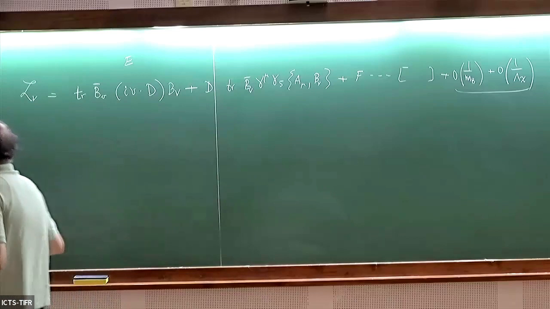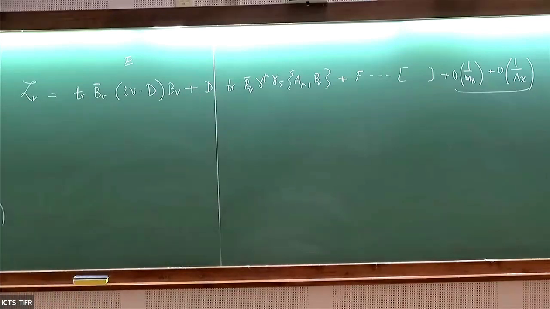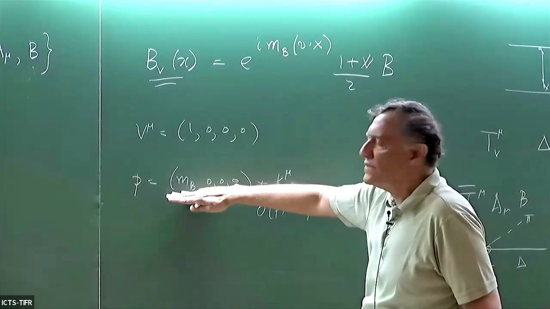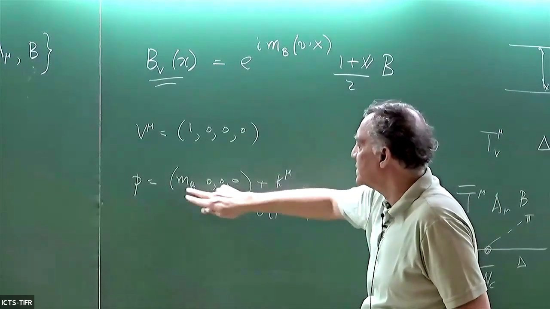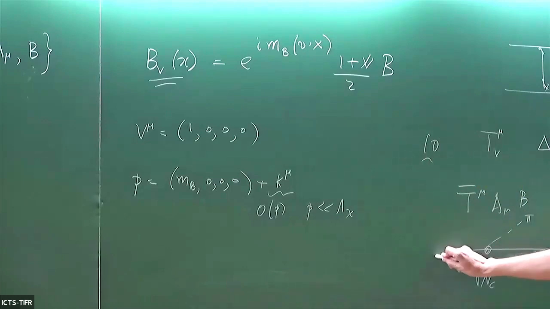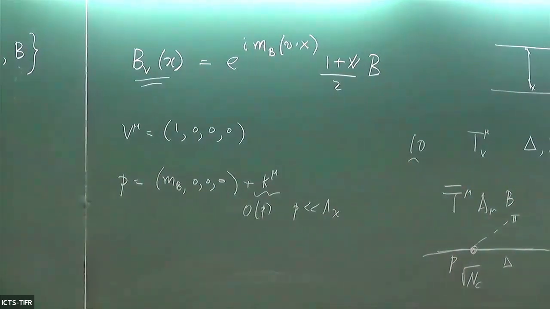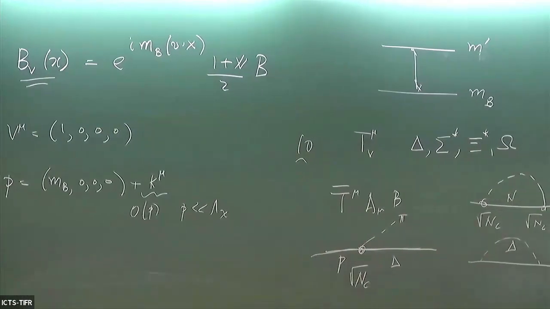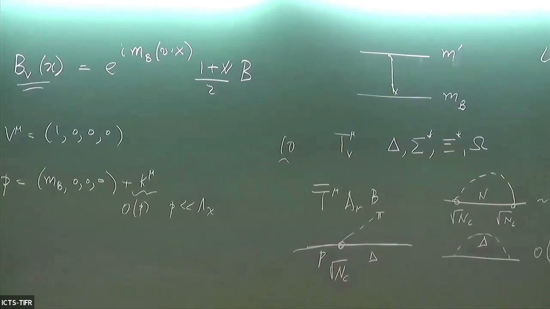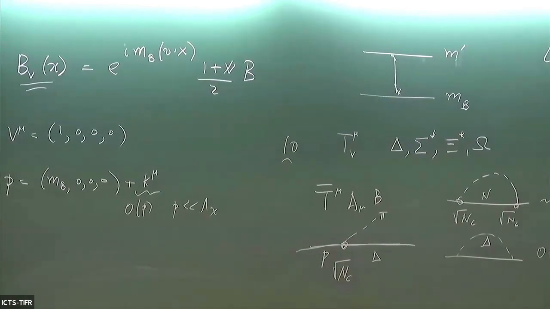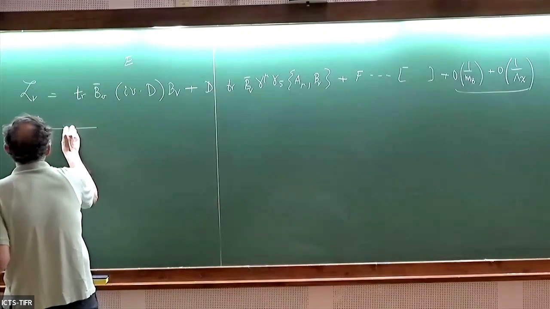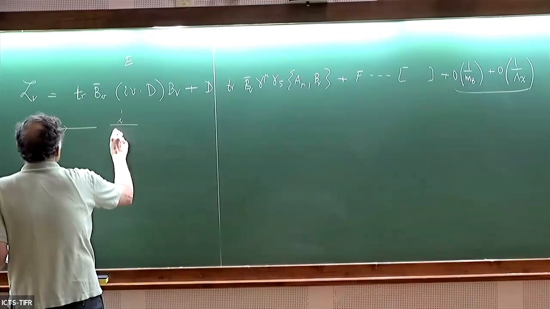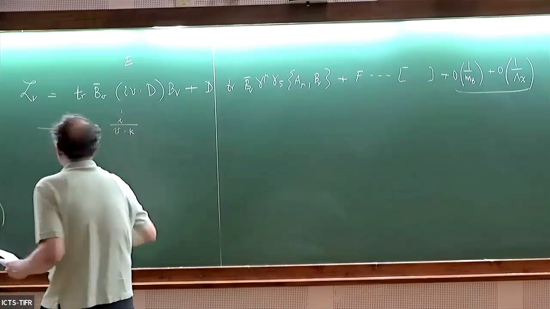And the reason you can do all this is that this term basically shifts the energies of all the baryons by m_b. You're removing the non-relativistic rest energy of the baryon and writing all energies relative to this. And that energy just goes flowing through the diagram. This is the same argument as why HQET works as well. So the baryon propagator is now i over v dot k from this kinetic energy term.